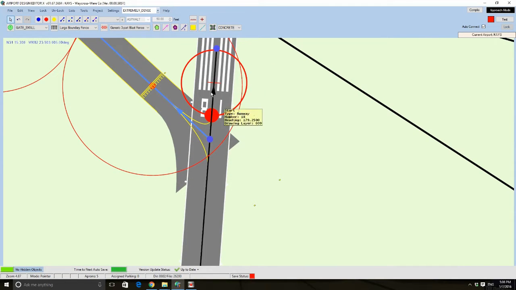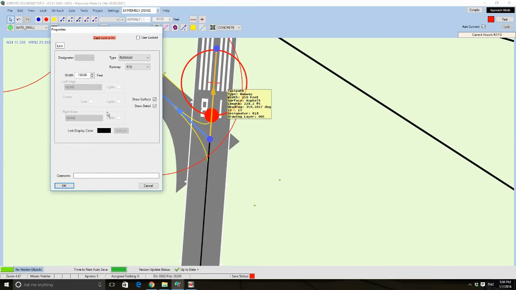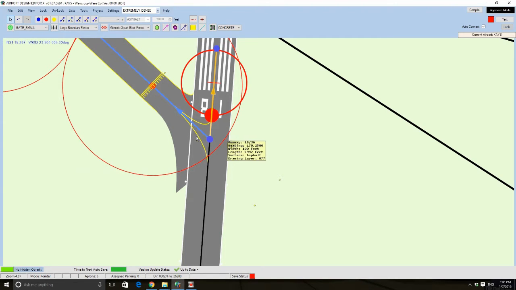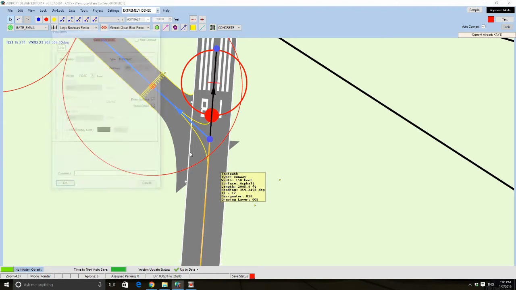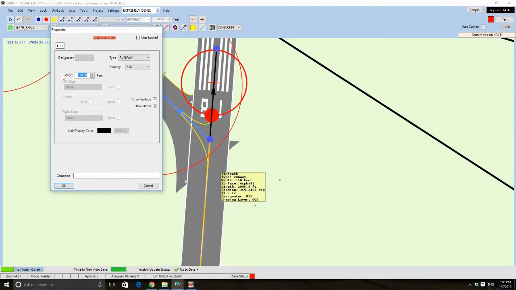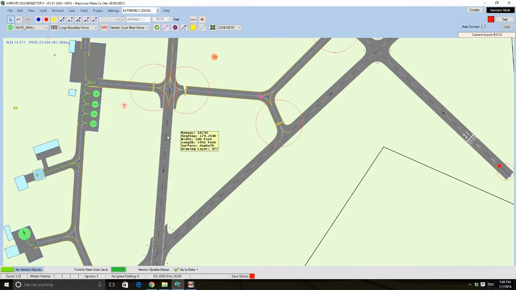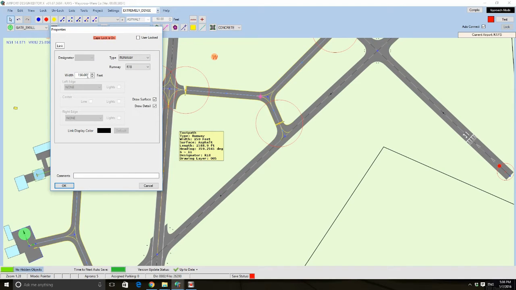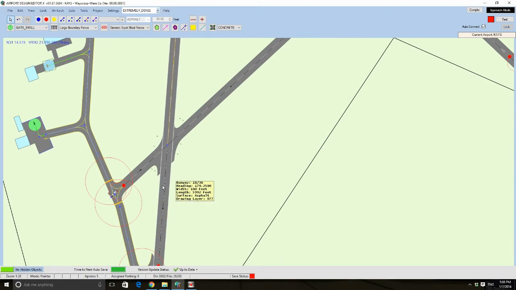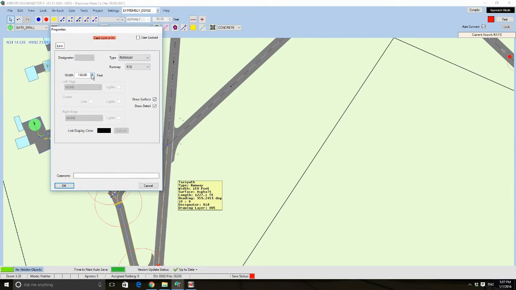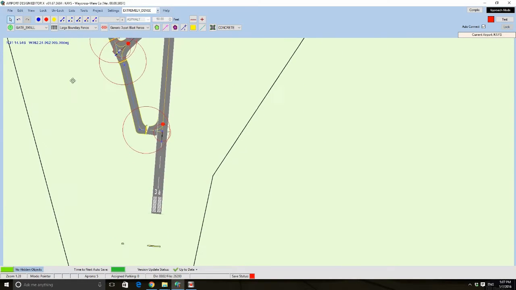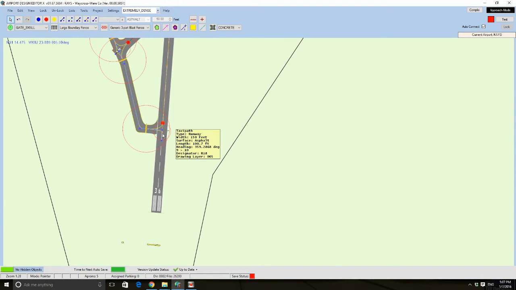Now we will also have to edit the runway link here to make it 100 feet wide instead of 150. Otherwise you get this weird thing going on here where you have pavement going off and then nothing. I'm just going to Control C and we'll Control V the rest of it. And just like that, we have made it